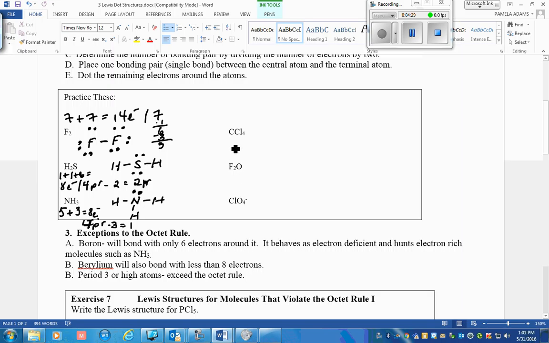Carbon tetrachloride has 4 valence electrons from the carbon, and it would have 4 times 7 from the chlorine, so that's 28, and 4 is 32 electrons or 16 pairs. We recall our rules say that carbon is always the central atom, and the ligands in this case would be the chlorine atoms. I will use 4